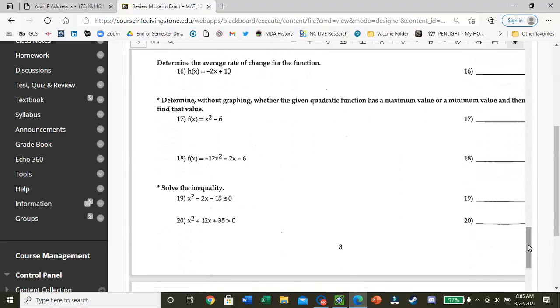All right. 16. Determine the average rate of change. For this one, they just give you a linear equation, okay? They just give you now the average rate of change of a parabola, right? That's when you're going to need 2 points. But the average rate of change for a linear function is the same as the slope, okay? Because